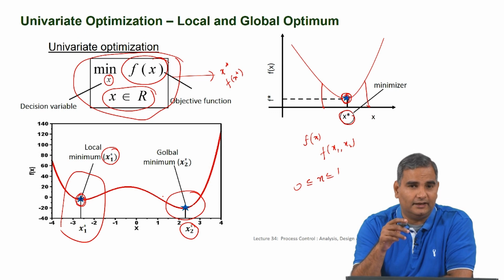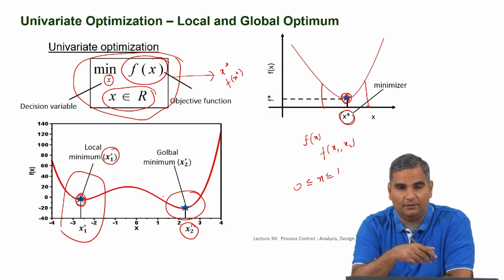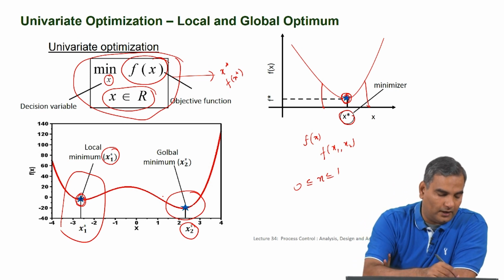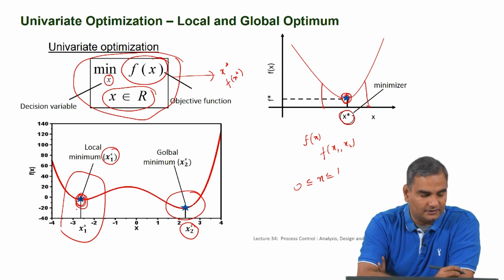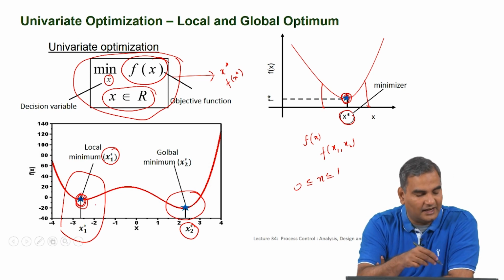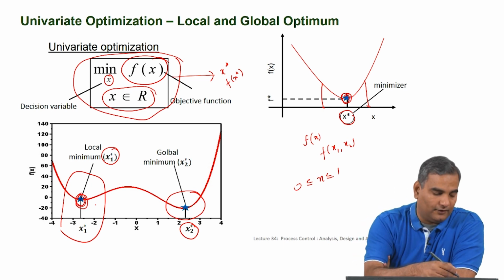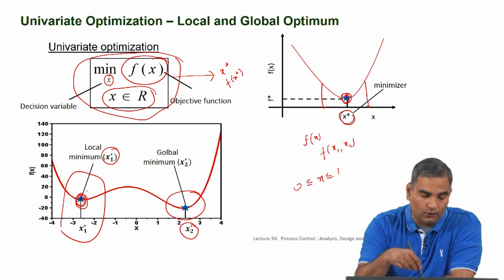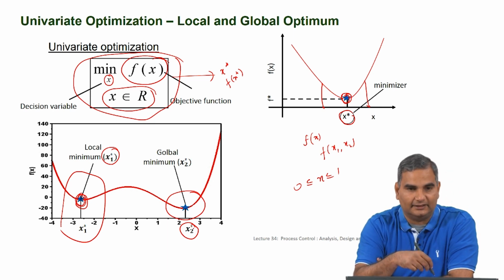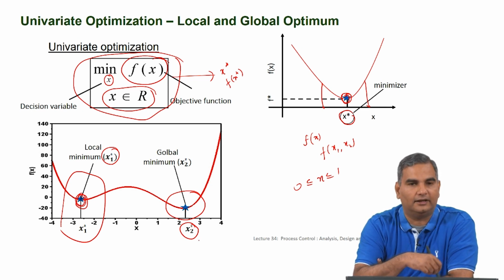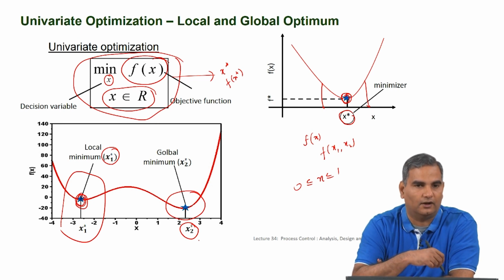However, the difficulty lies in identifying all these points. Supposing you start an optimization problem and you identify this point based on some conditions. This point will satisfy all the conditions that are required for a point to be a minimum, and you will get a function value. Once you get this point, you do not know that there is another point that exists like this. So, you have to run an optimization algorithm again to find this point and then compare. Till you find all these points, you can never claim something is a local or a global minimum.